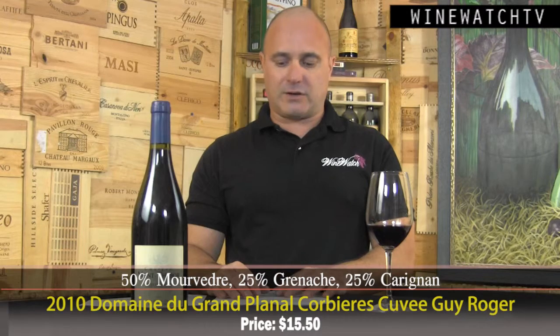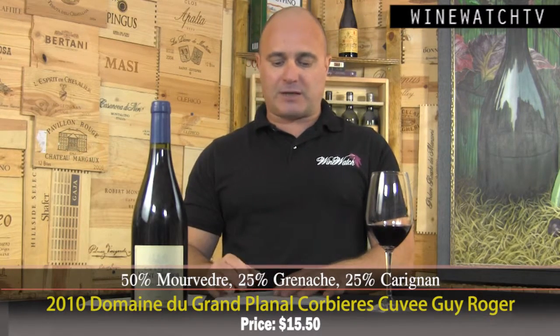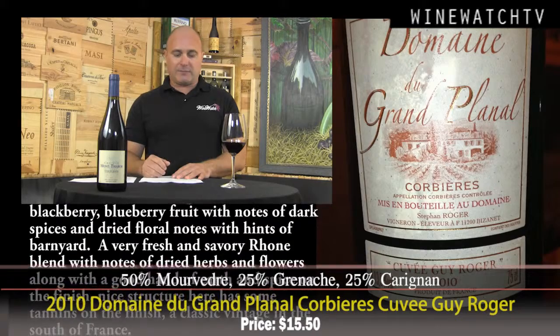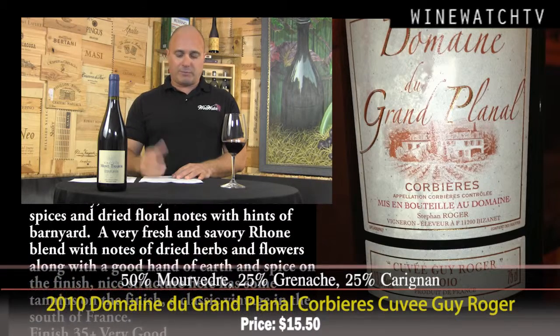All right, and then we've got the Domaine de Grand Planal Corbières Cuvée Guy Roger, and this is a small estate, 12 hectares, and this one's a blend of 50% Mourvedre, 25% Grenache, 25% Carignan, and it's got a bit of that animal and sauvage note you get from that Mourvedre, really gamey nuance you get from Mourvedre, blackberry, blueberry